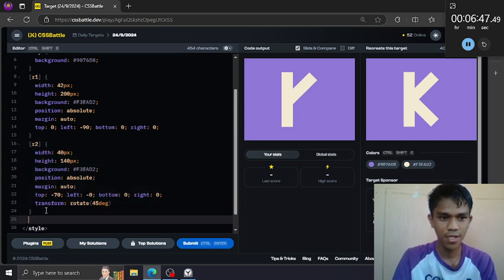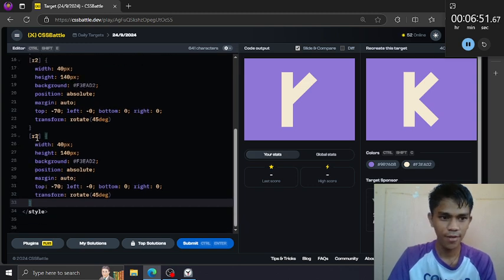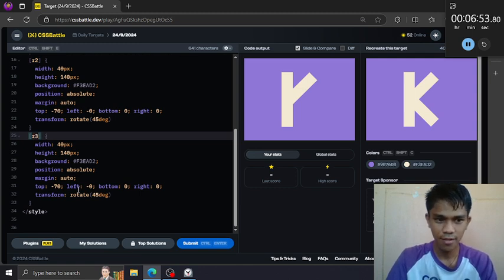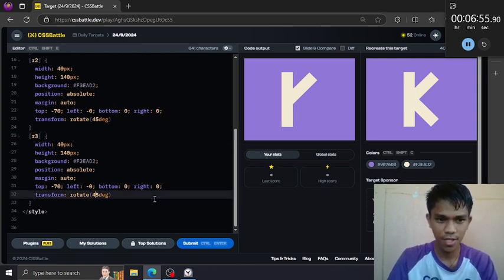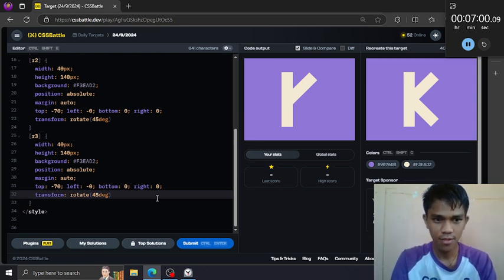Then copy the second rectangle for the third rectangle. This would represent the bottom, so increase the rotation by 90 degrees. So 45 plus 90, 135. This is R3.